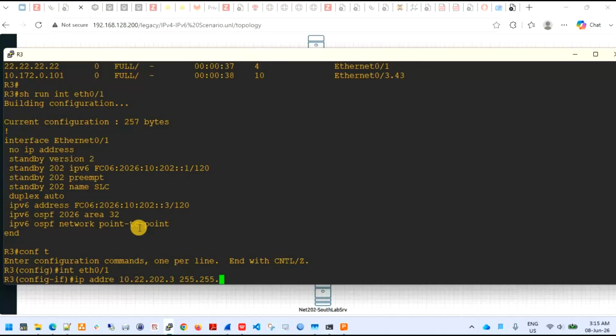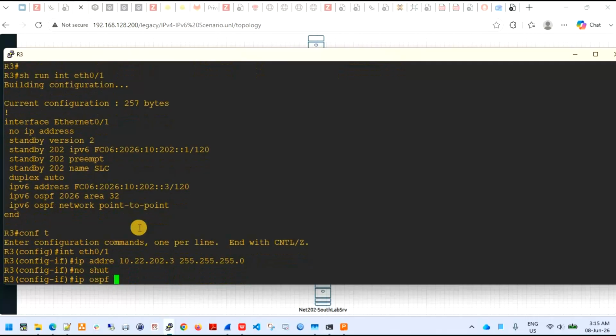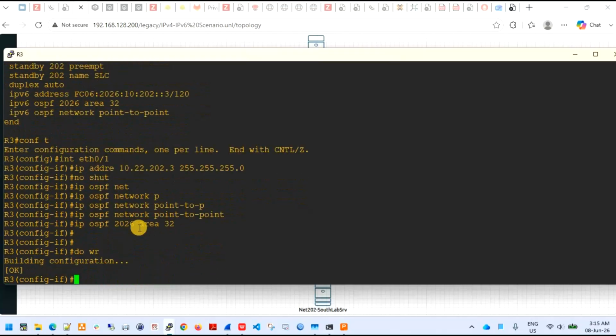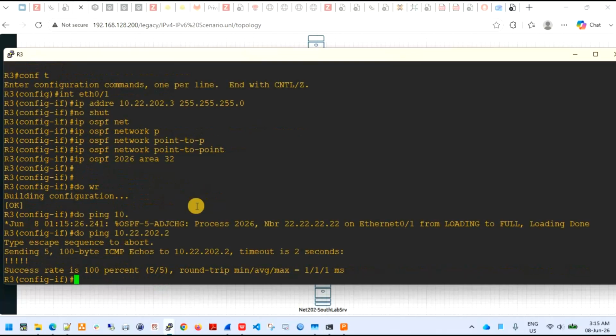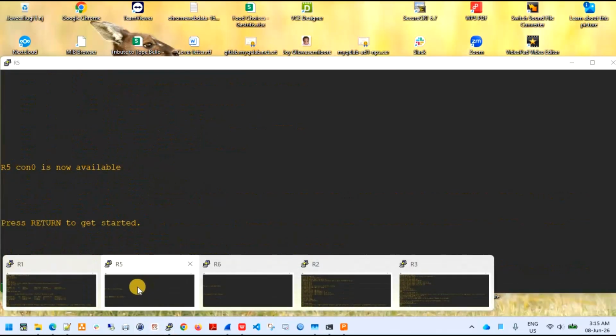10.22.202.3, 255.255.255. Now specify the network and area 32, and it should converge also. So let's check it out. 10.22. Yeah, that's it. Okay. That's fine. The next thing we may want to do is to configure